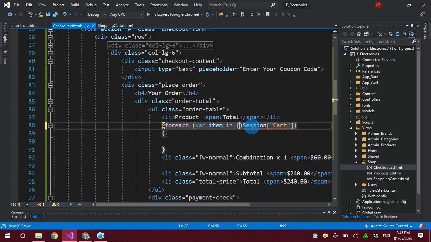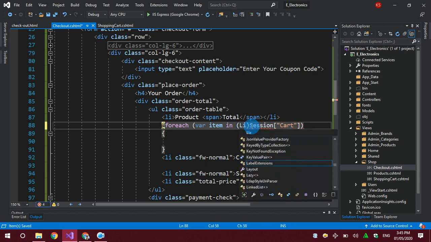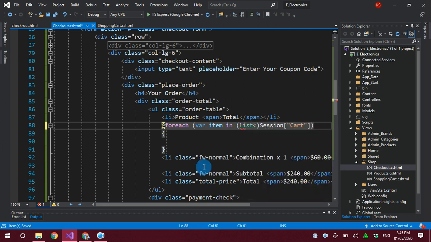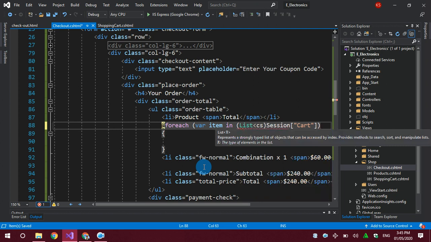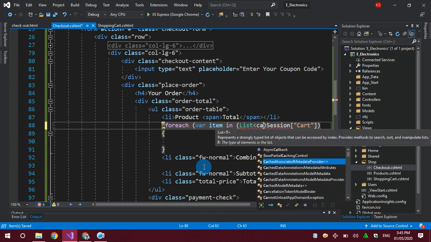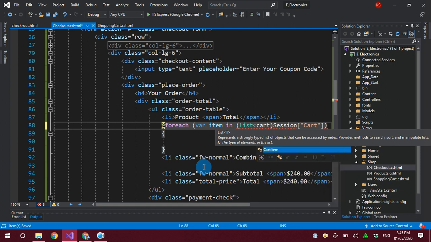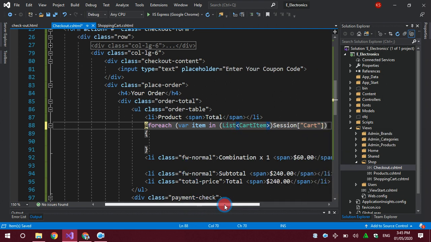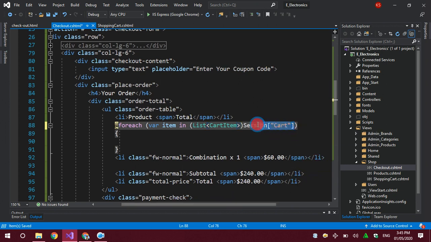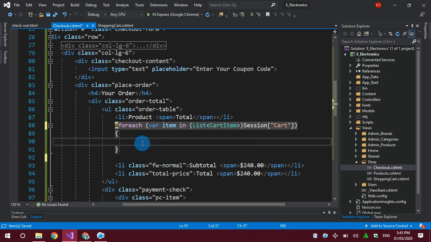I will cast it into a list of cart item, so I can access it here. All these session items will be converted into shopping cart items. So I have accessed all the items. I will cut it here and paste it here.